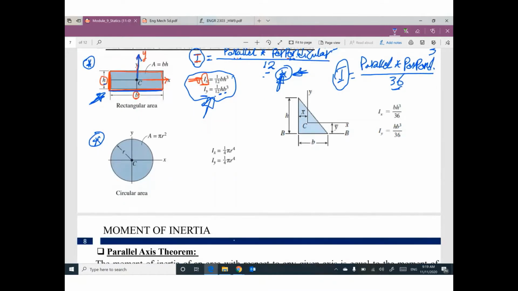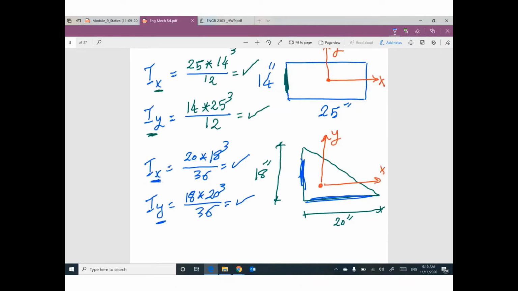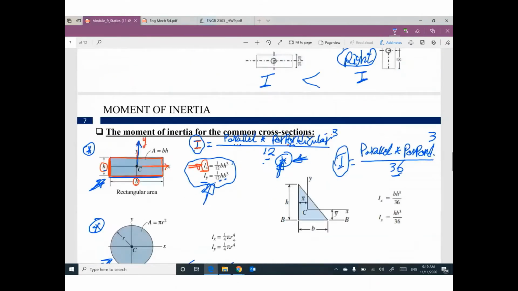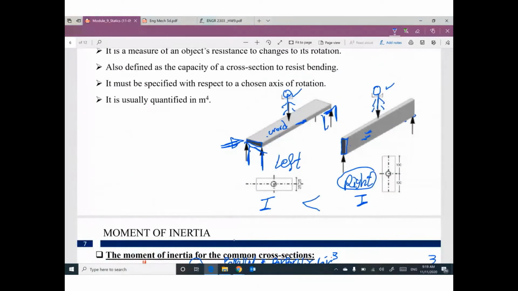For a circle, we don't need parallel or perpendicular because Ix equals Iy. Both of them are equal. Do you know why? Because for a rectangle, we have two positions for this piece of wood. So one is stronger than the other one. One of them will be Ix, the other one will be Iy, and the strongest position is greater than the weakest position. But if this piece of wood looks like a circle,